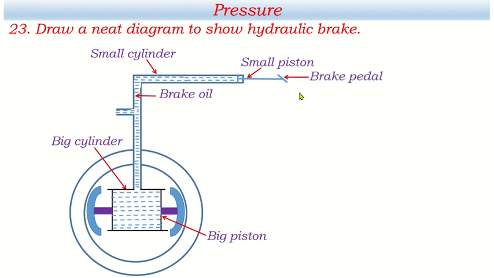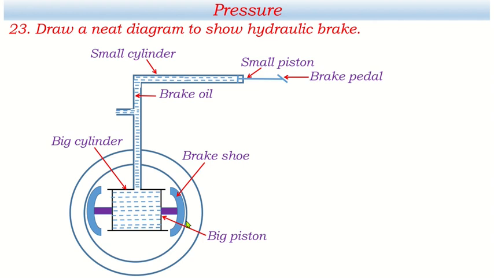When we push the brake pedal, what happens? It exerts pressure in this brake oil, and according to Pascal's law, the same pressure transmits to the big piston. Since the area of the two big pistons is very huge, the same pressure produces a huge amount of force on the big piston, and because of the huge force this brake shoe is pushed forward, then it comes in contact with the rotating wheel, and the rotating wheel can be stopped. This way